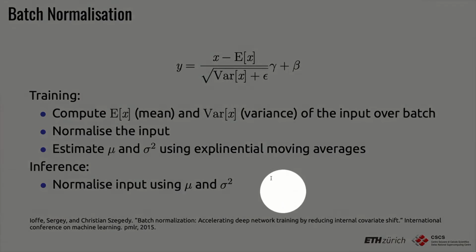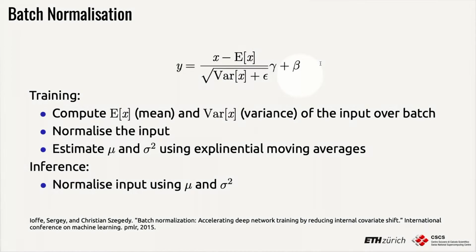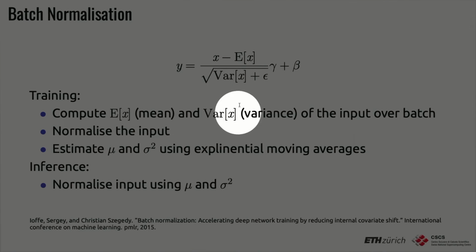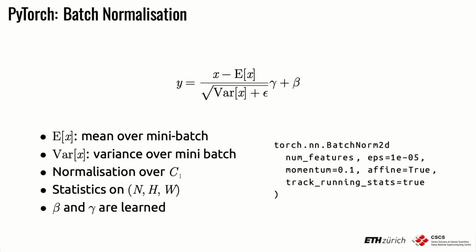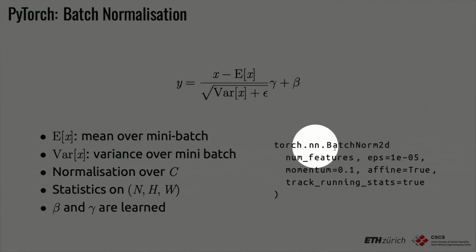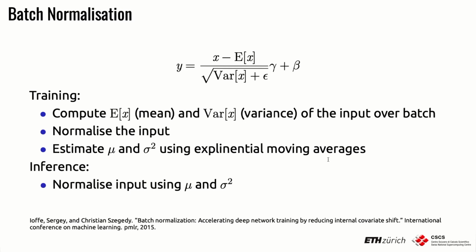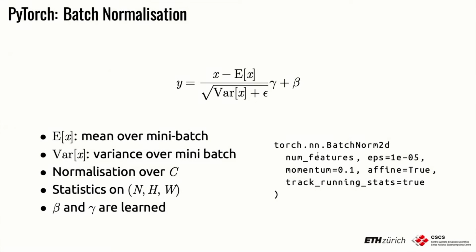And so when you put the model in training mode, essentially the batch statistics are used. And when you put the model in evaluation mode, instead of the mean and variance, it uses the running estimates that it kept track of during training. So it's really important to put the model in training and evaluation modes if you have these kinds of layers. If you don't, like the previous linear layer, nothing changes. In PyTorch, it's quite simple to implement this technique. You just use batch norm 2D, and you pass the number of features that are the output of the previous channel. And that's pretty much it. I mean, there are other parameters. Momentum affects how the running average is updated,